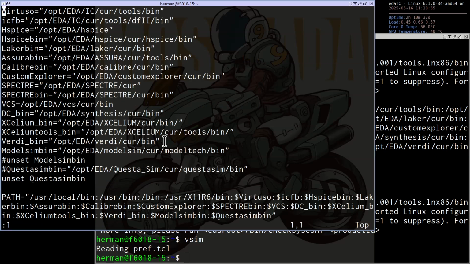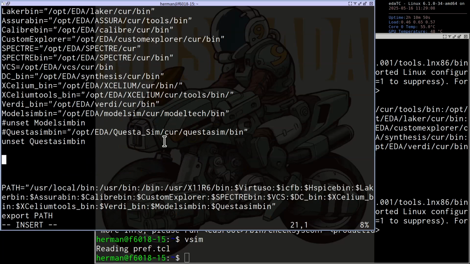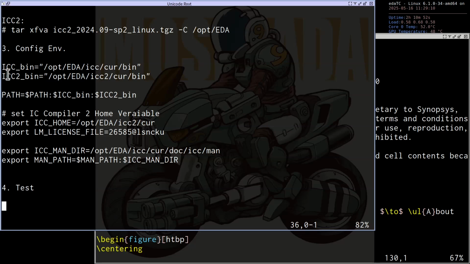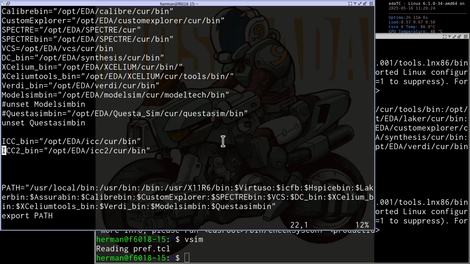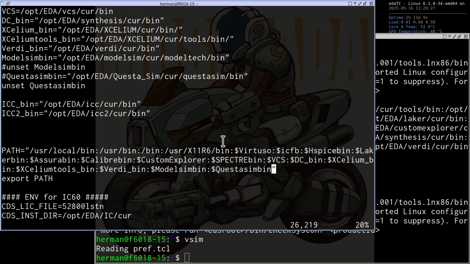Then we need to set up the ICC and ICC2 environment. The executable names are not the same, so you can install these two simultaneously. So you can add these two, and add the ICC bin and ICC2 bin.